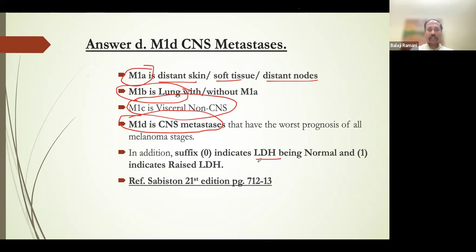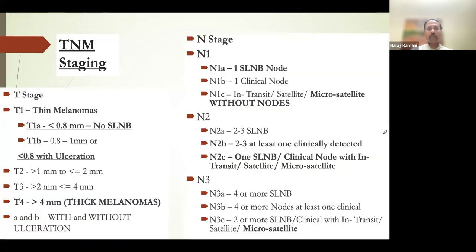So within the suffixes, you will put it as M1B, and then in the bracket, if you put it as 1, that means that the LDH is elevated. Suppose this is 0, then it means that the LDH is normal. So this is the way it will be notated for your M1 in your